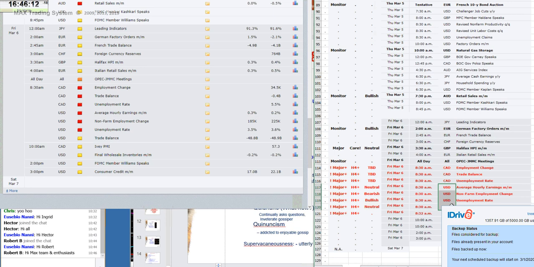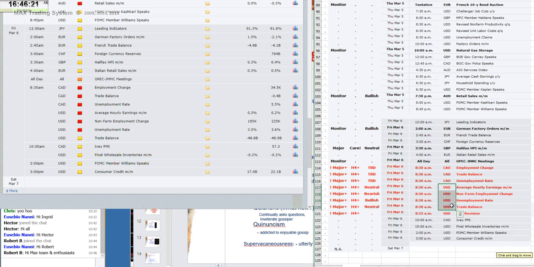Get out within half an hour. News on the smaller pairs like the Aussie, the Kiwi, the Swiss. What else is there? The CAD. Yep. Then if you're in a pair that's got a currency that has news coming in on it,